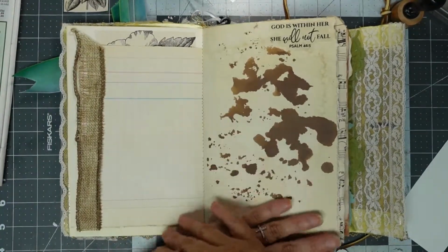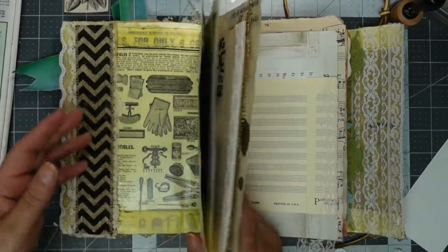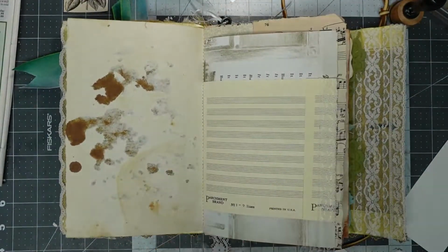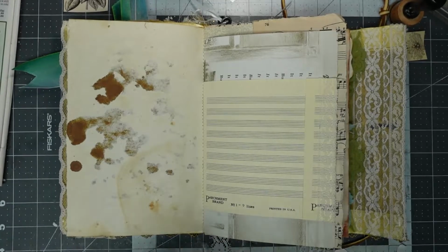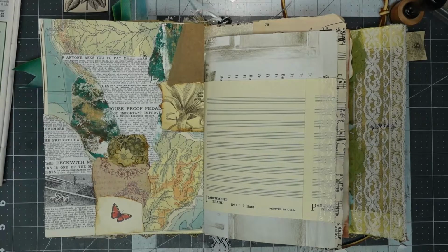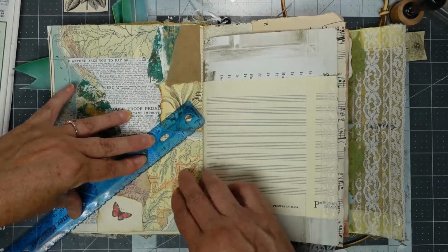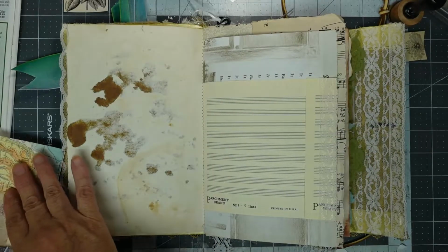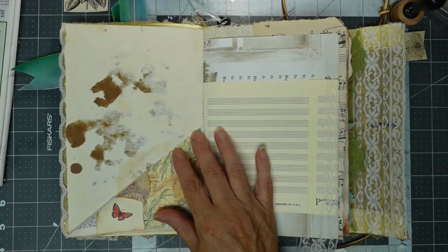Okay, just add some texture to the pages, and thinking of adding a little pocket here. I don't like to add too many pockets in the same place, and I'm thinking I don't have one here yet. So I just checked and I don't, so I'm just seeing what I can use over here that's thick enough for what I want to use it for. Okay, so take this and, okay, yeah, here we go. So make a little pocket here. Alright, just cutting it here. There we go. So we're going to put a pocket right here,